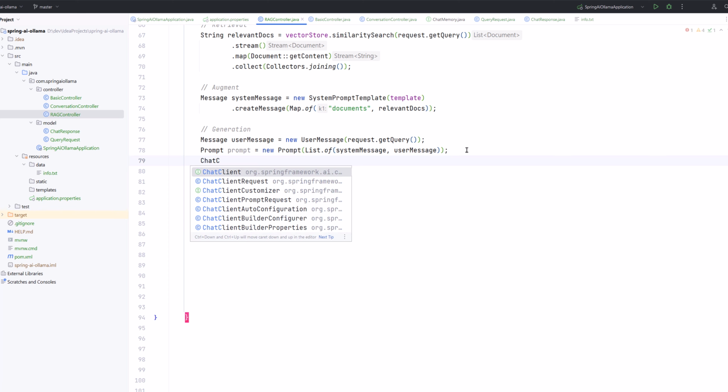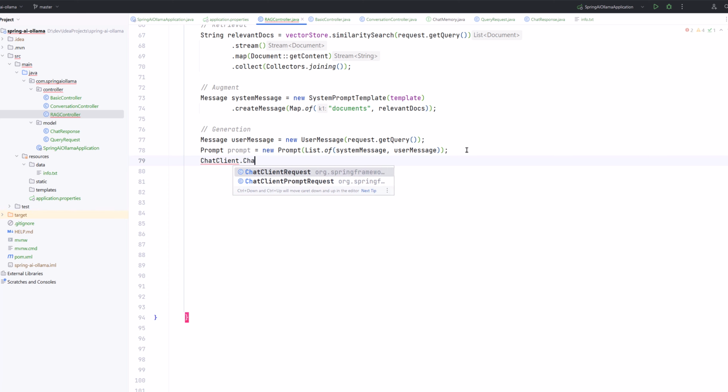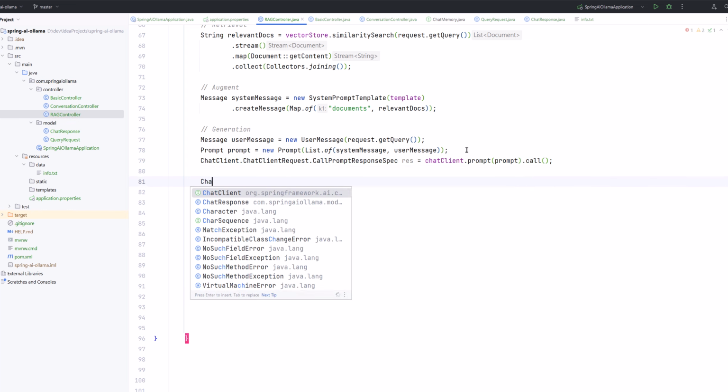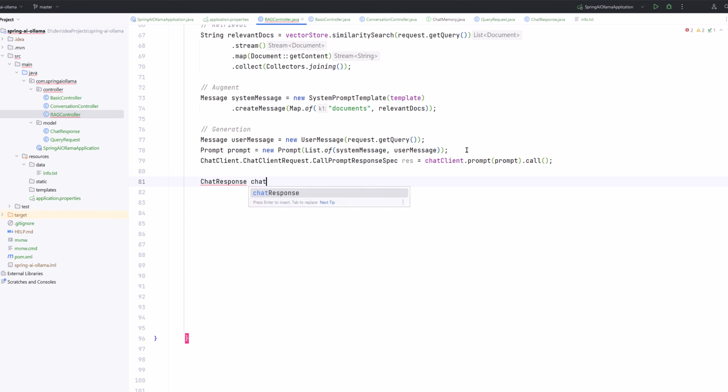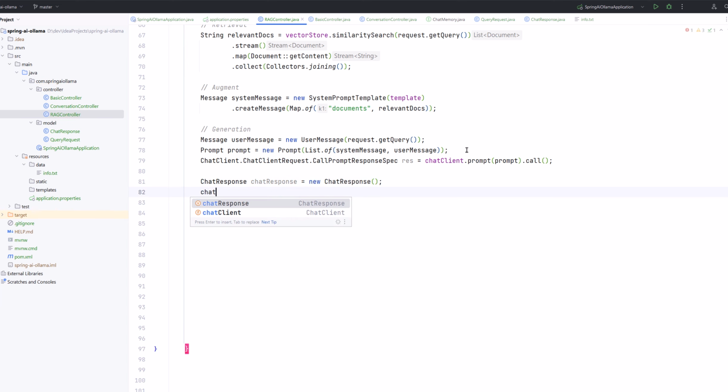And now we will use chat client to send our prompt to the large language model. Chat client.prompt. Inside prompt we will pass the prompt and call. Now we just have to create the chat response. And inside this chat response, we have to populate the response that we got from large language model and return chat response.